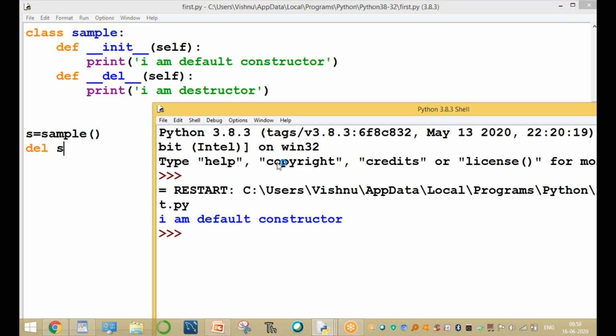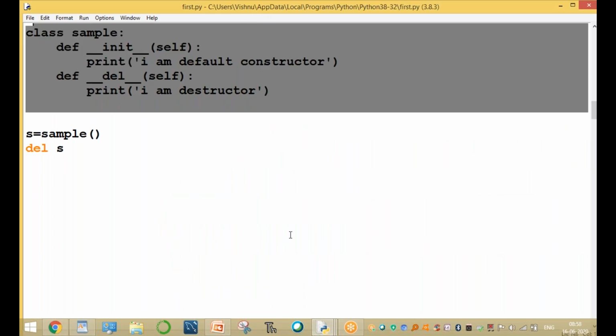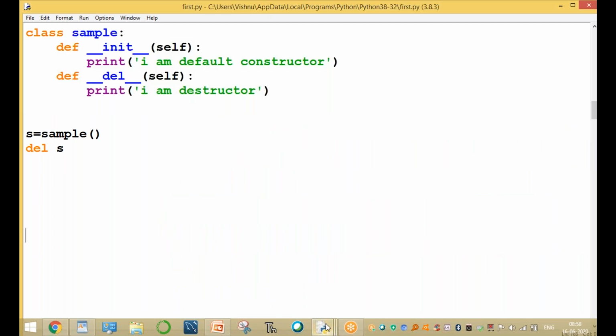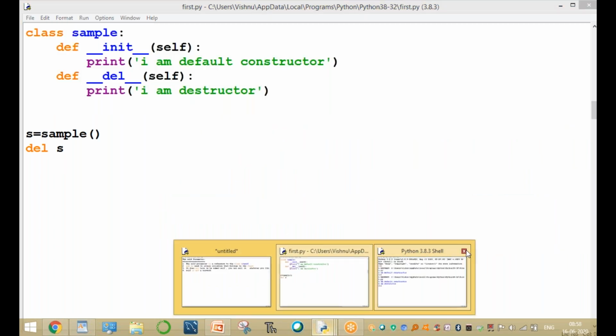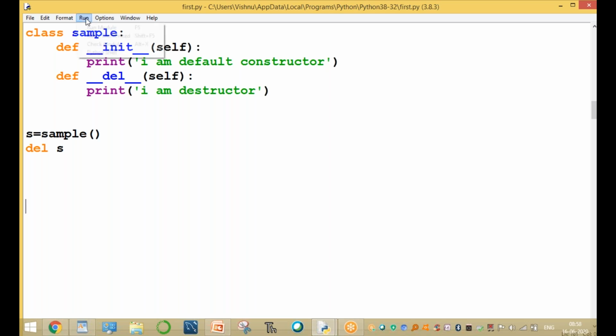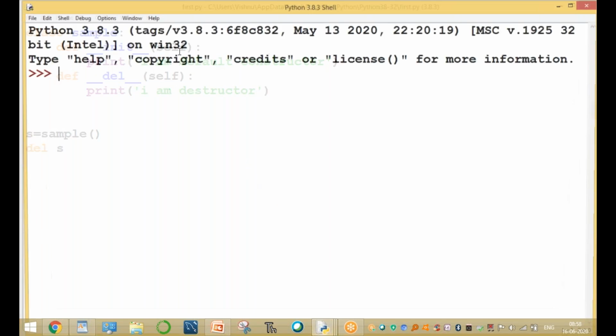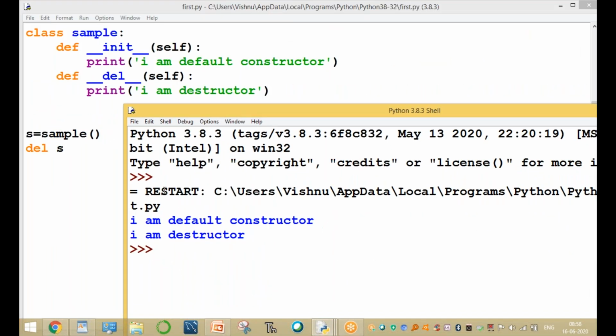del(s1). So what is the output? Please observe this one. Run this program. This is a class.